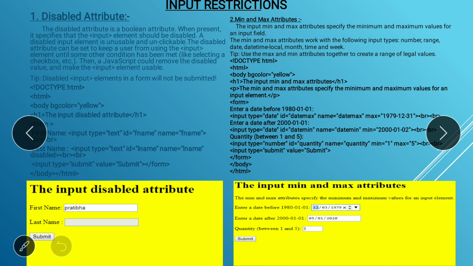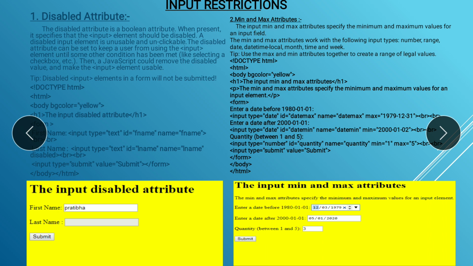Okay, we will see it in the program also. Just focus on the theory right now. A disabled input element is unusable and unclickable. Means when you use disabled, then the user cannot click on that text box or any control where you used disabled.